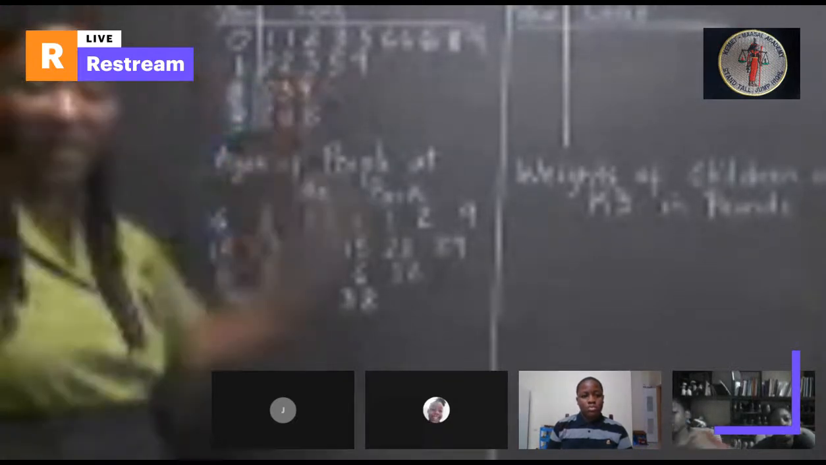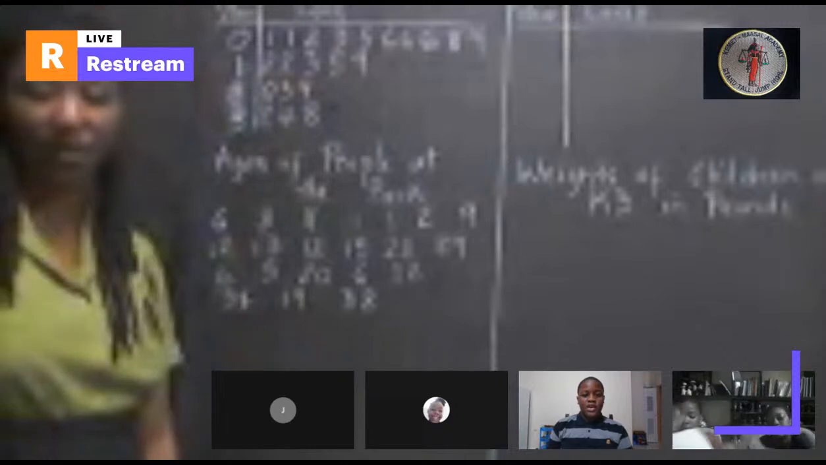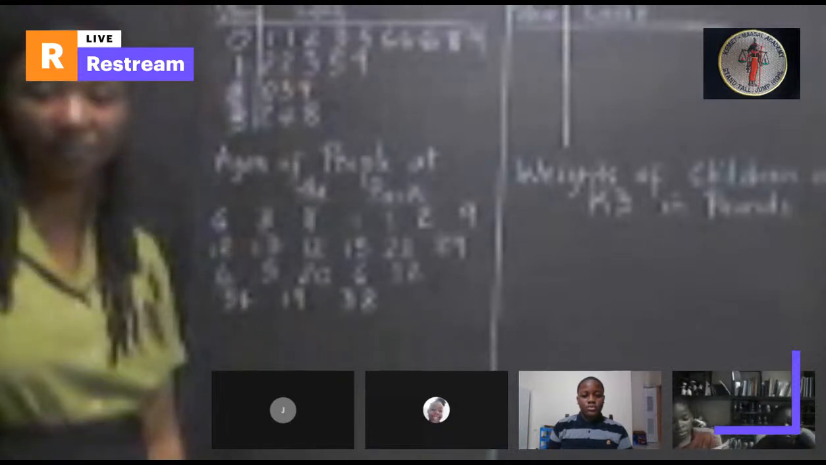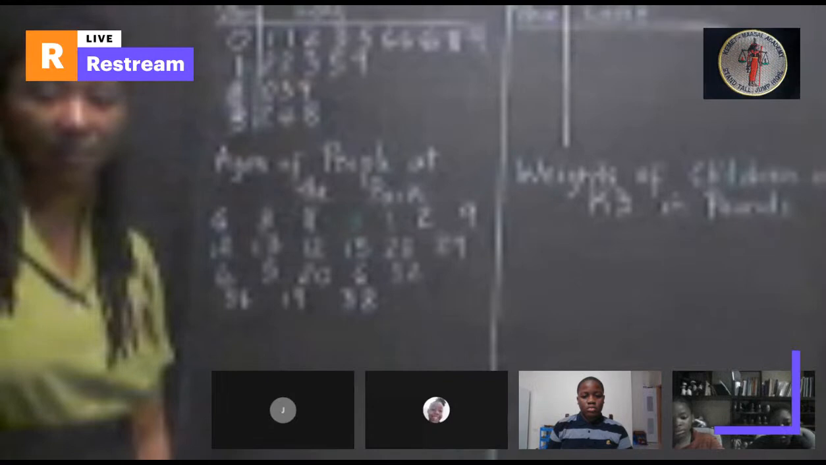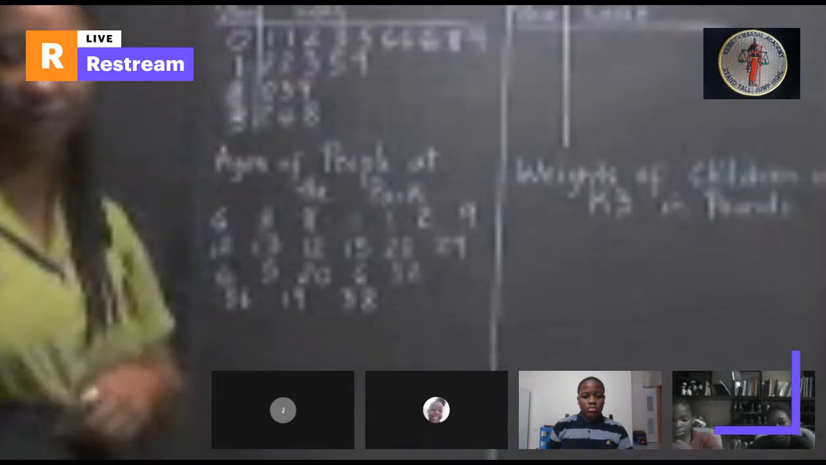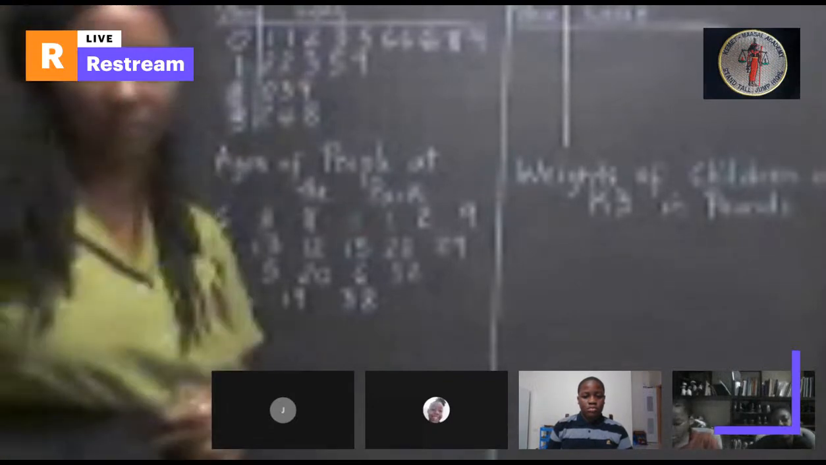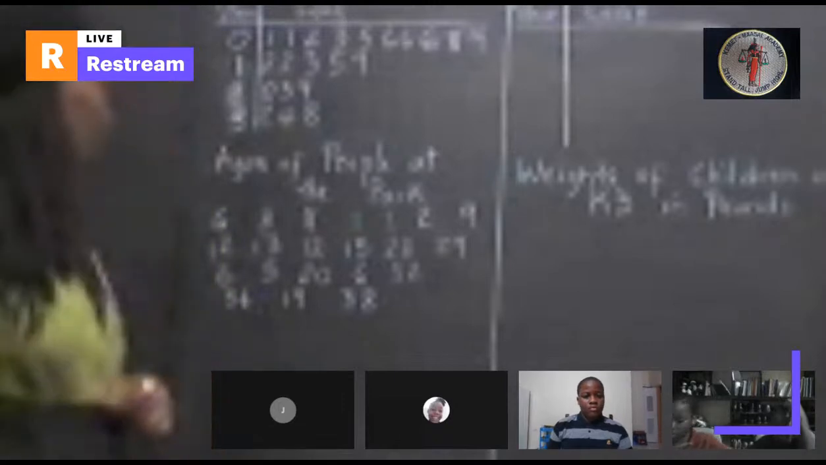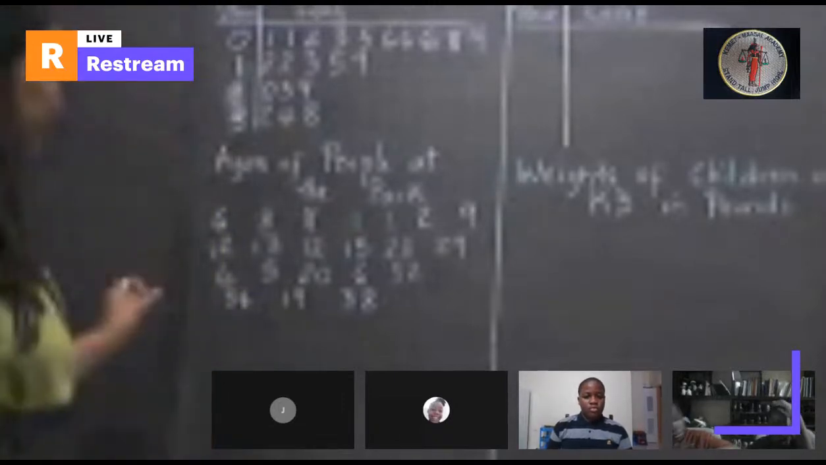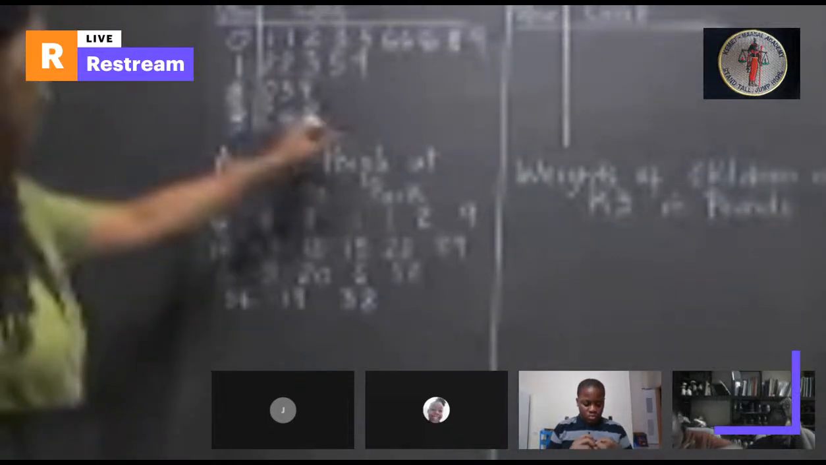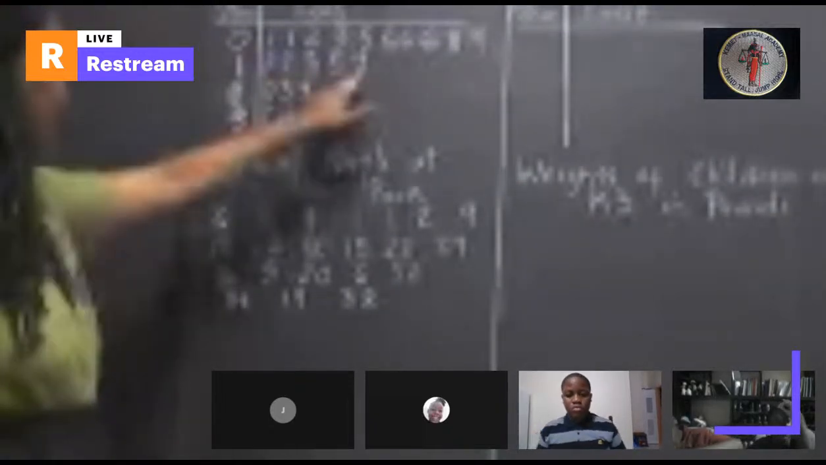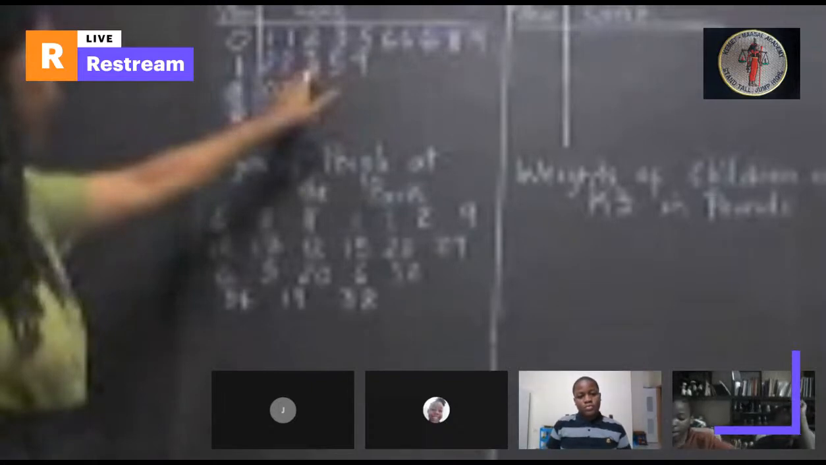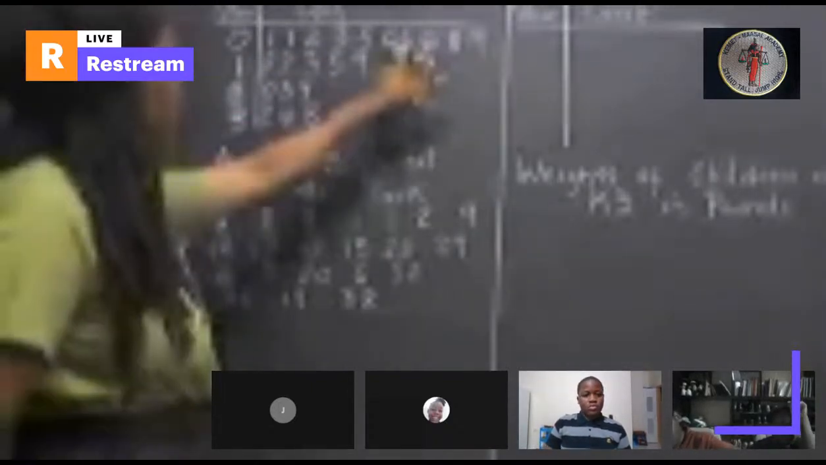Do you understand now? Amari, are you getting it now? Yes, miss. I was just double checking. I know I'm supposed to have 21 numbers. So 1, 2, 3, 4, 5, 6, 7, 8, 9, 10, 11, 12, 13, 14, 15, 16, 17, 18, 19, 20,